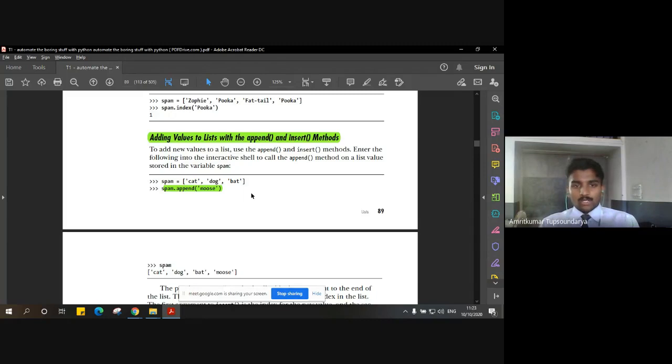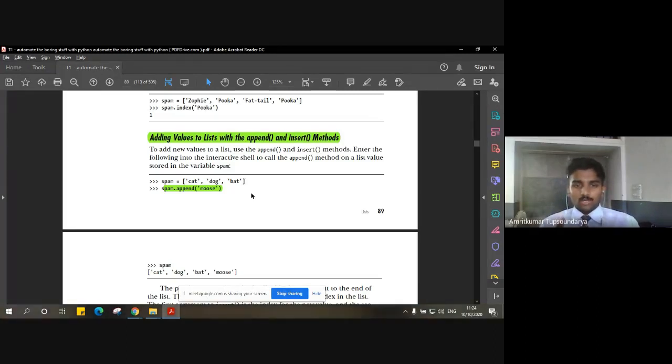Now, what is the difference between these two? Append is basically used to add a particular value at the end of the list. If you just want to remember, append means apply in the end.